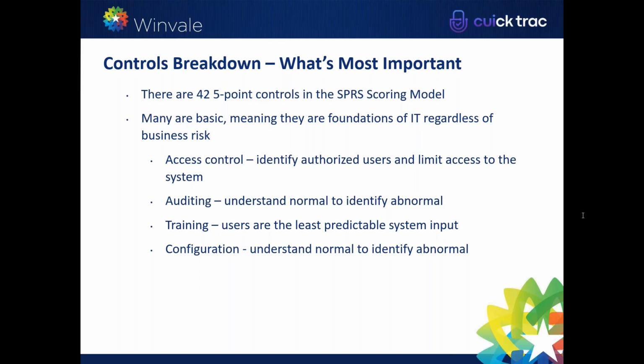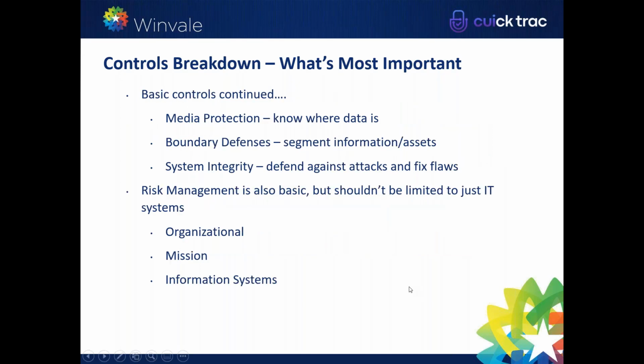So in the auditing section, there's a number of 5-point controls, but these are the things that are foundations of an information technology program, regardless of your business risk. These are the things that you should have in place. All right, so let's now take a look at a few additional controls as far as how we break them down. If we look at those basic controls that we have as part of NIST 800-171,